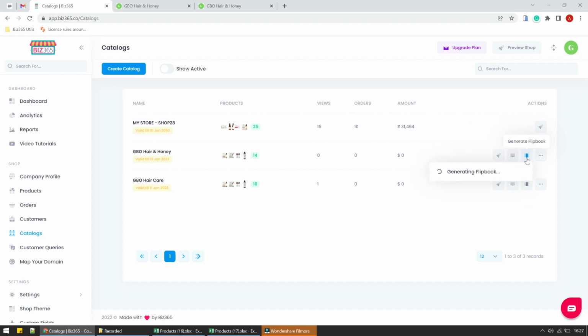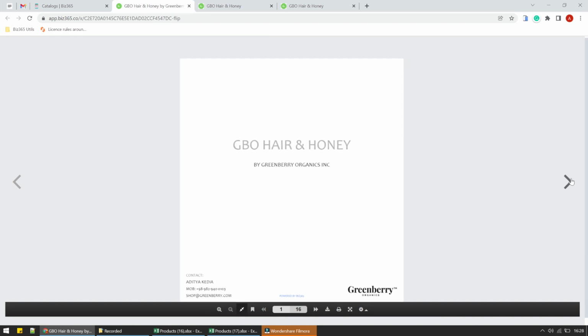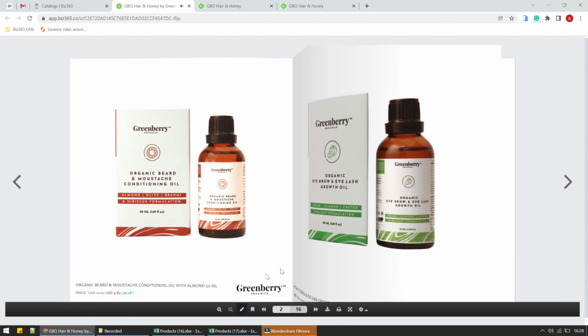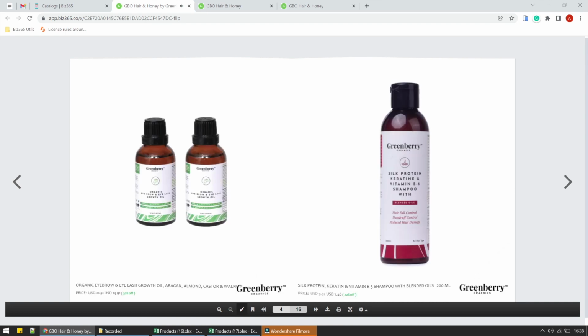A flipbook is more like a, I would say, flippable catalog that you create that is very stunning to look at, and users really like it. So this is what a flipbook looks like,